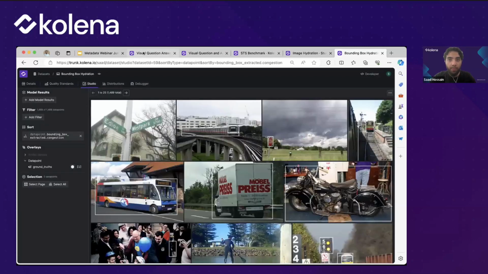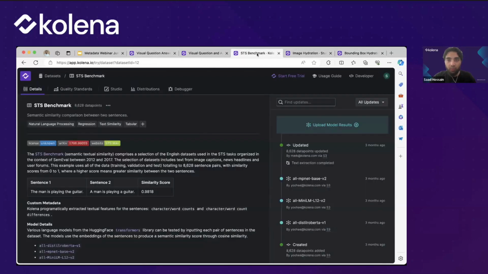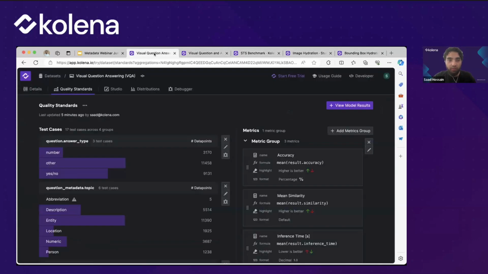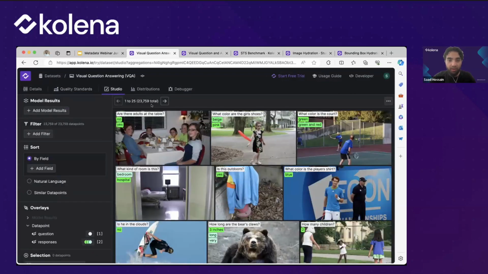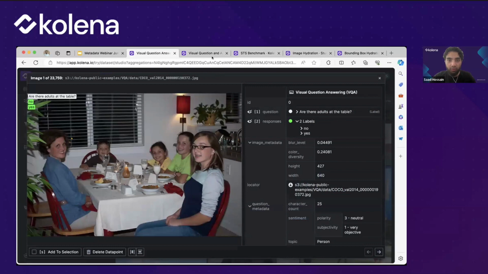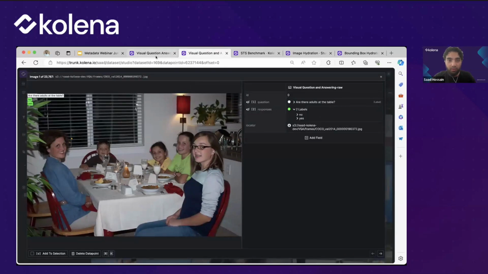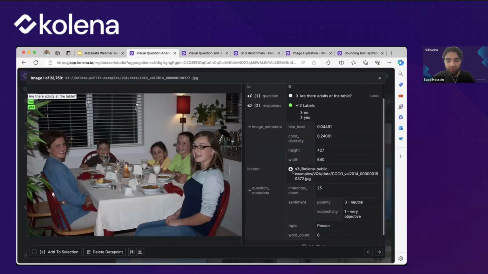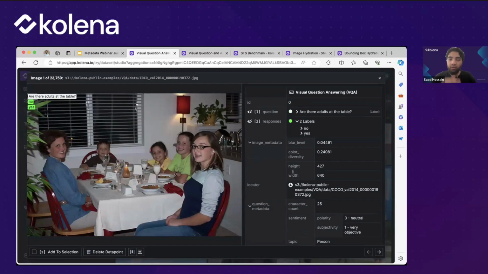But yeah, that essentially was a little bit of a demonstration into the world of extracting metadata, essentially going from zero metadata to a bunch of different metadata, furthering your understanding of the model and having more enhanced evaluations.